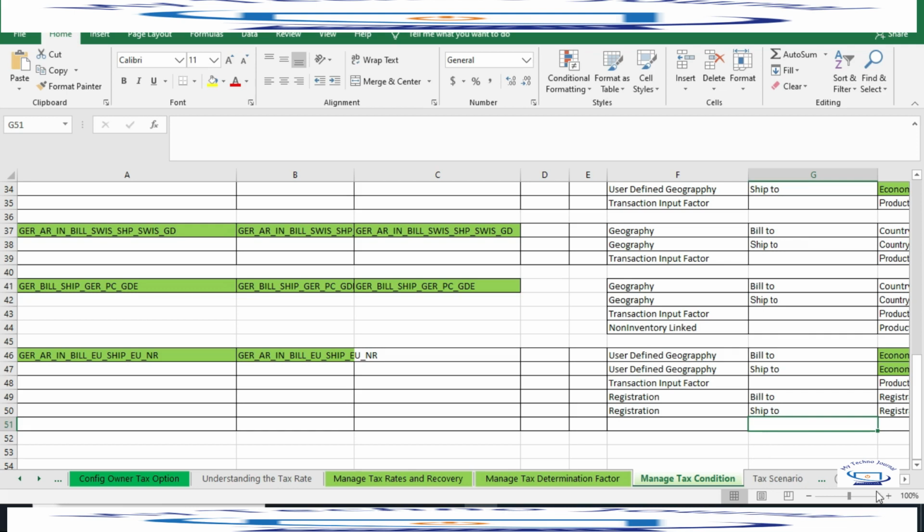And in the earlier session, we discussed some of the tax scenarios. And in this session, we'll see another tax scenario, that is how we can create a tax rule on the basis of customer tax registration status. Okay. So our scenario is that